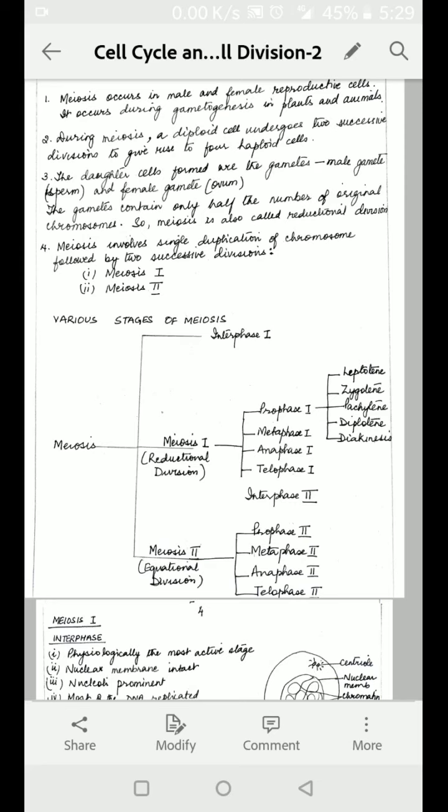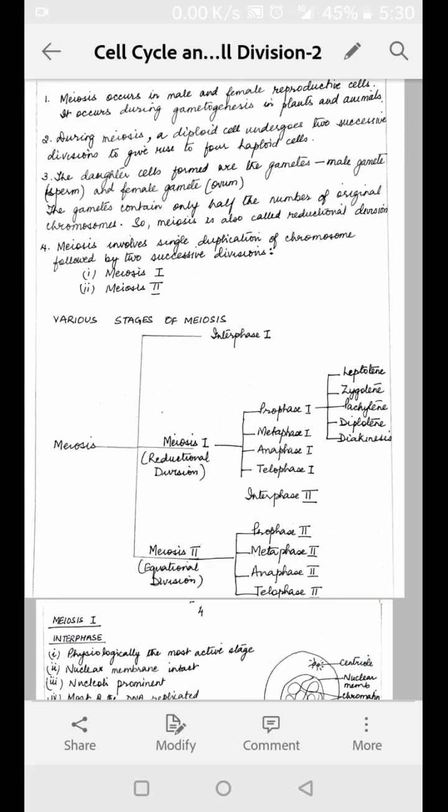They undergo meiosis 2, second division, which is equational in nature, and each of those 2 haploid cells will form 2 more haploid cells like mitosis, and at the end of meiosis 1 and meiosis 2 we have 4 haploid